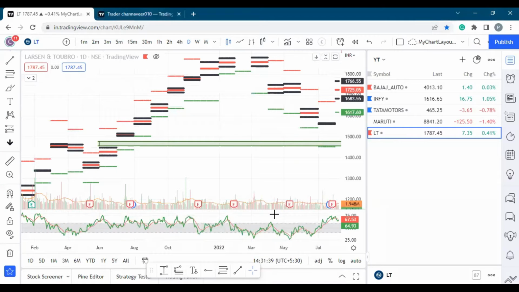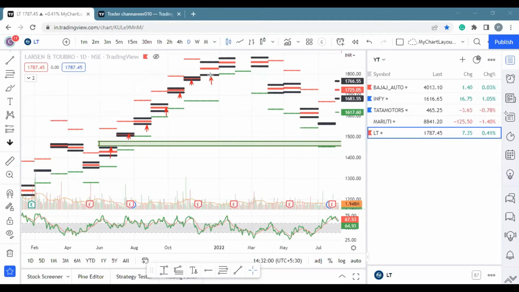Rule number 1: ascending CPR, and it should not be overlapped. What is an ascending CPR? Ascending CPR is a CPR in which the current CPR, of the current day, week or month (in our case, the current month), is greater than the previous month's CPR. You can clearly see it on the chart, marked by a red arrow. Every month, the CPR is increasing and it is not overlapping.